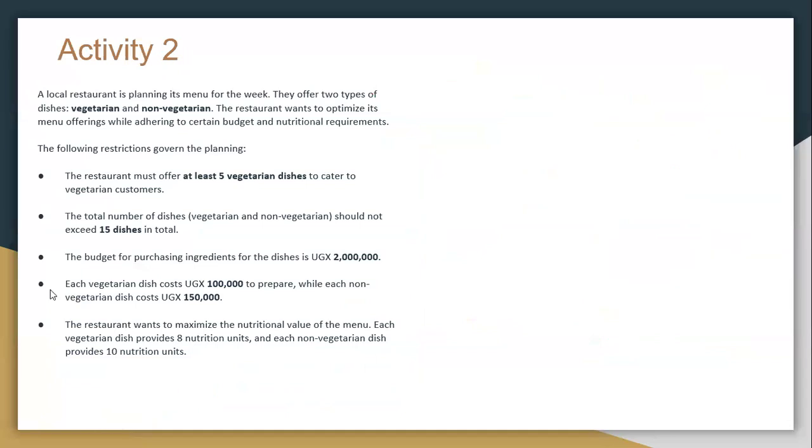Now, our second activity is telling us that a local restaurant is planning its menu for the week. They offer 2 types of dishes, vegetarian and non-vegetarian. This restaurant wants to optimize its menu offerings while adhering to certain budget and nutritional requirements. The following restrictions govern the planning. Now,